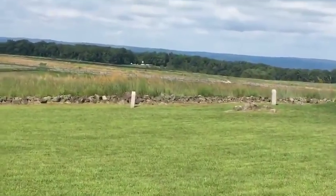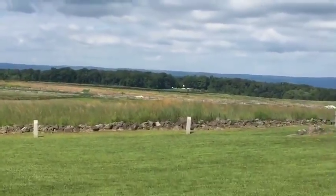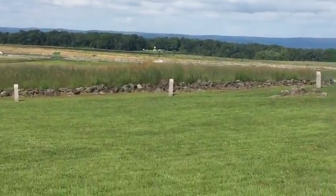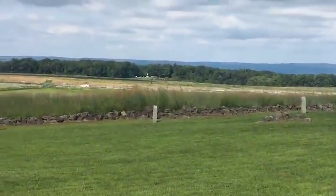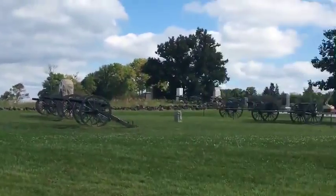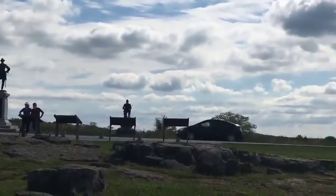However, I think we know how this ends. It's going to be July 3rd, 1863, much like today, the hottest day of the summer. There's no wind, I can't feel any wind right now, and it is quiet. A lot of people are thinking there's not going to be a battle on this day. On the Union line, people are eating lunch, they're lounging, they're probably grateful that the expected attack has not come